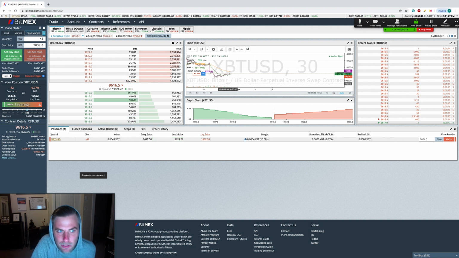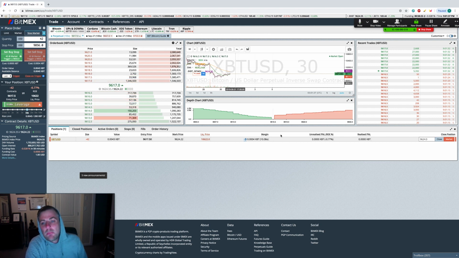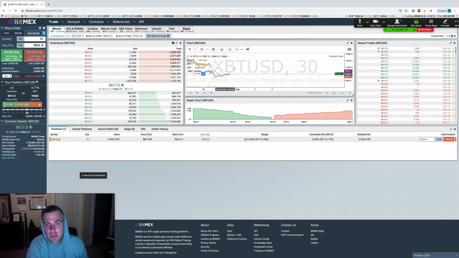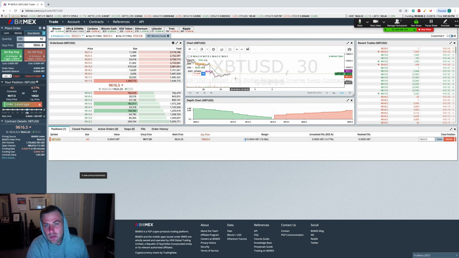That would be like 8% times 10. I'd be up like 80% of my account. So I would just want to go ahead and exit. So I cover that position and I'm out. But I forget that I had a stop market order on the books without the close on trigger. What would happen in that case is if the price rose back up here, it would open a new position, and now we're long